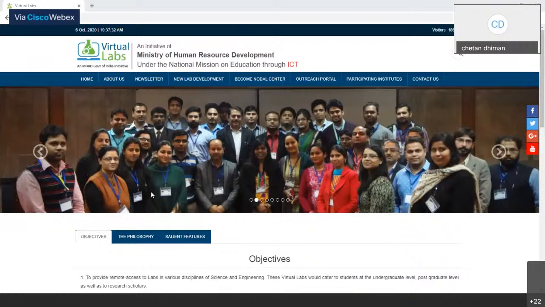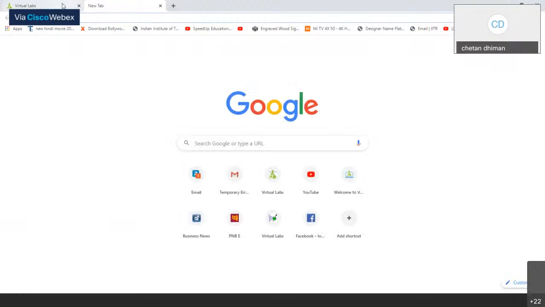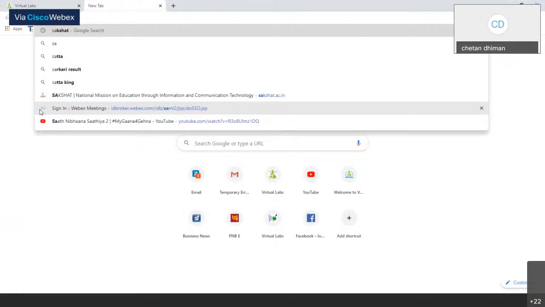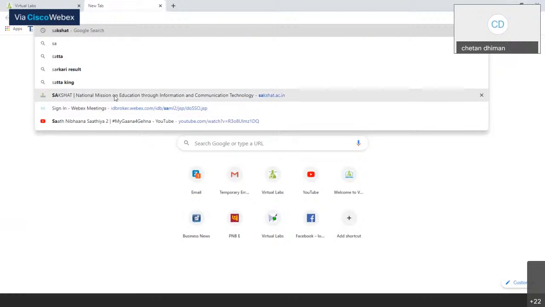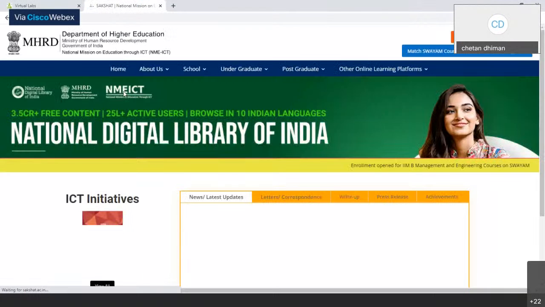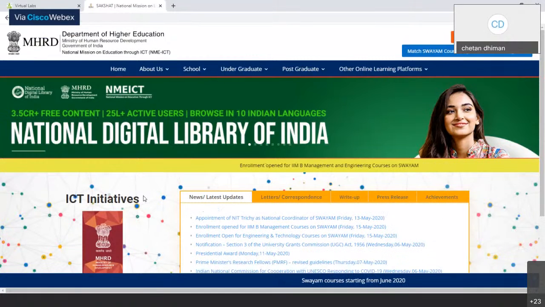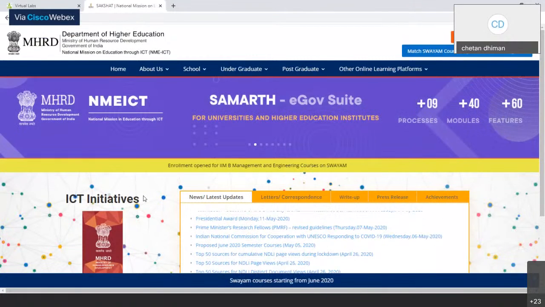MHRD developed a portal named Sakshat. I request you all to note down the portal name, so in future you can get benefited from all the projects which come from the department of MHRD.